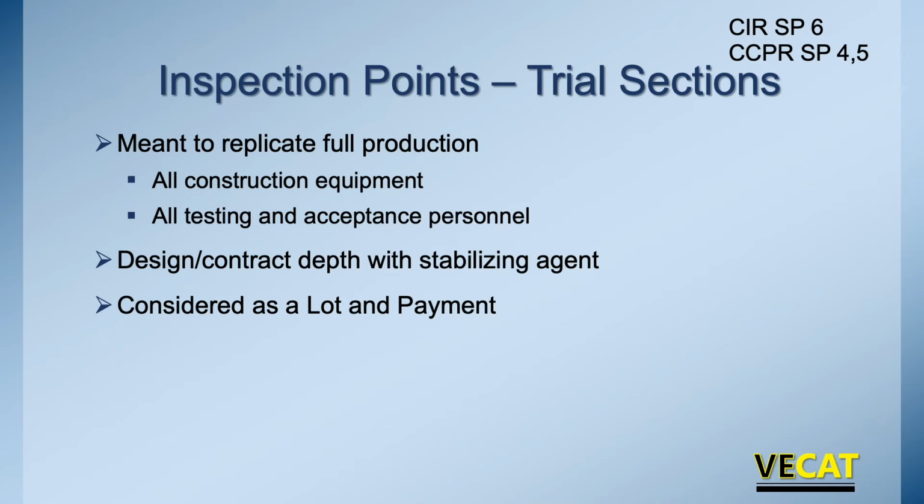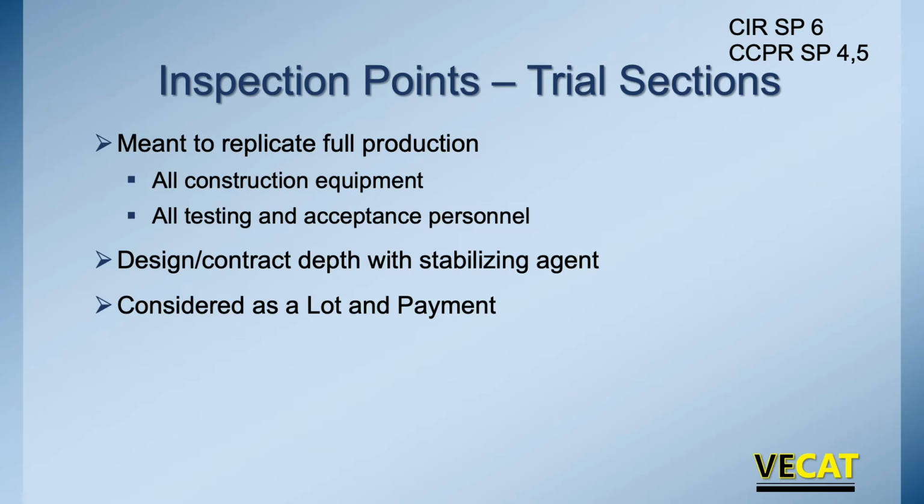So let's talk about the trial section. As we get going, we're trying to replicate what full production looks like. We want to make sure all the equipment that's necessary is there and all the testing and acceptance personnel are there. So we want to do a short section compared to the overall project to make sure everything's in place. And we can find this both in the cold in place recycling special provision and the cold central plant, depending on what it's at, on different pages. But again, what we're doing is making sure, can we get compaction? So looking at the equipment, looking at the personnel,